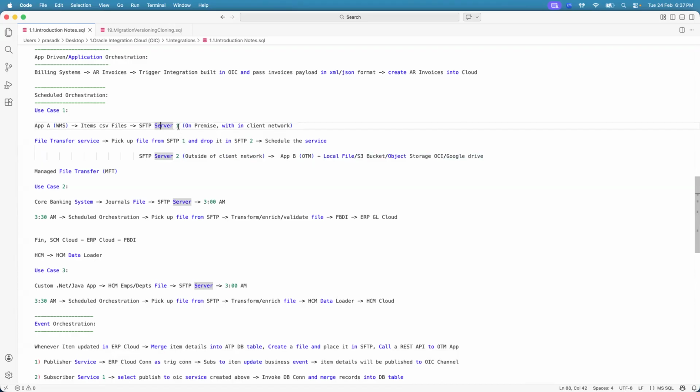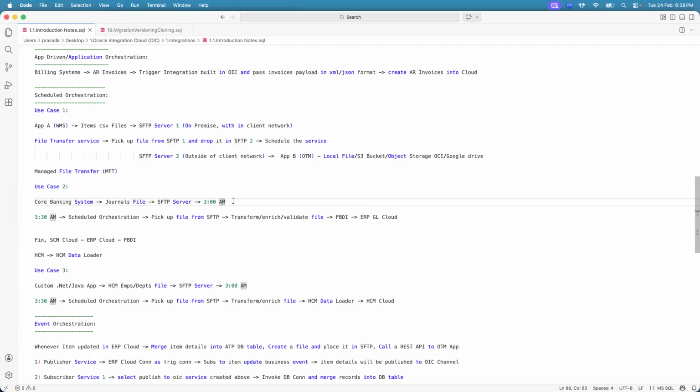And here we're talking about only transferring files from server 1 to server 2, right? So what could be other scenarios, guys? It could also be possible that the client might want you to load or process the files in Fusion Cloud. So let's say that we are doing an implementation project for HSBC this time. They have a core banking system where journal files get generated. So let's say journals get created in the core banking system all through the day. After close of business, they run a process at their end that extracts all the journals, prepares a file, and puts it in an FTP server at 3